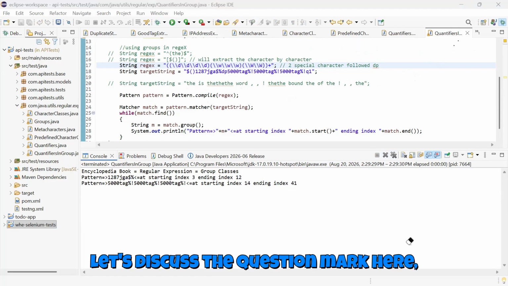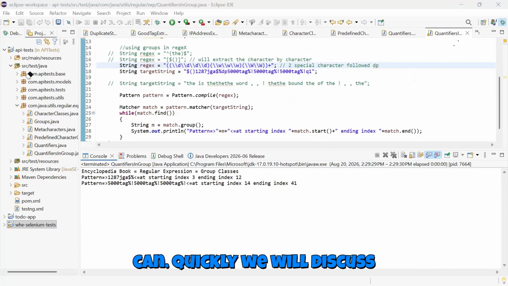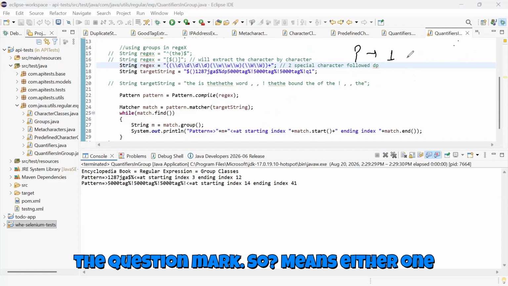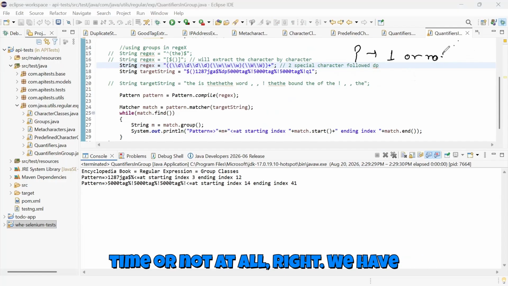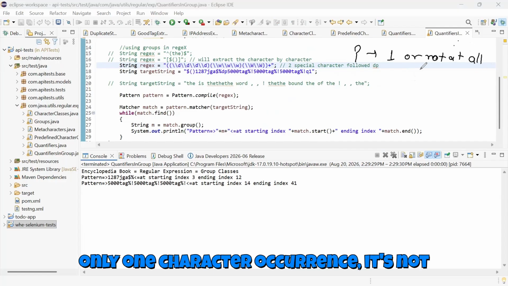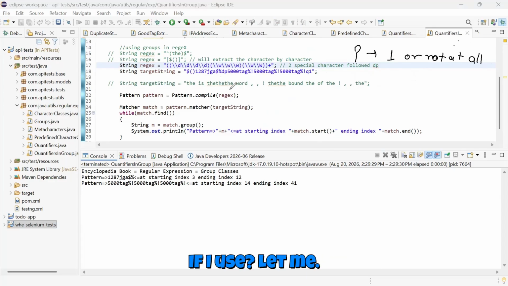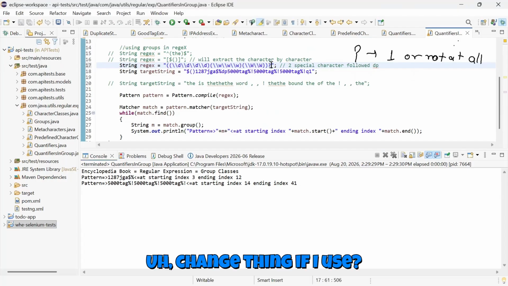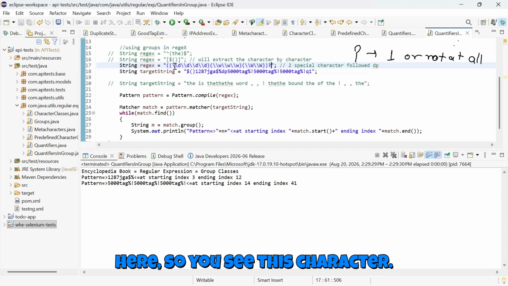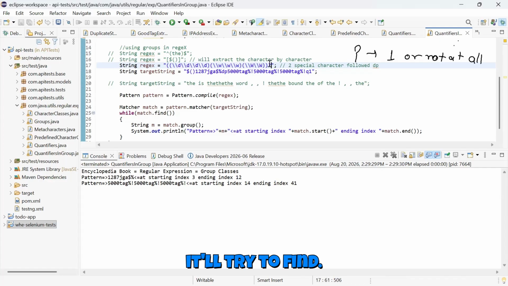Let's discuss the question mark here, which we should have discussed at the beginning. But yeah, not a problem, we will quickly discuss the question mark. So question mark means either one time or not at all, right? We have seen when we were looking at the single character occurrence, it's not at all, right? So if I use question mark here, again it will try to find the